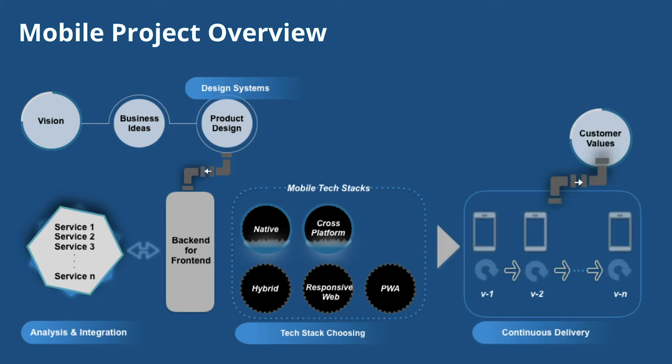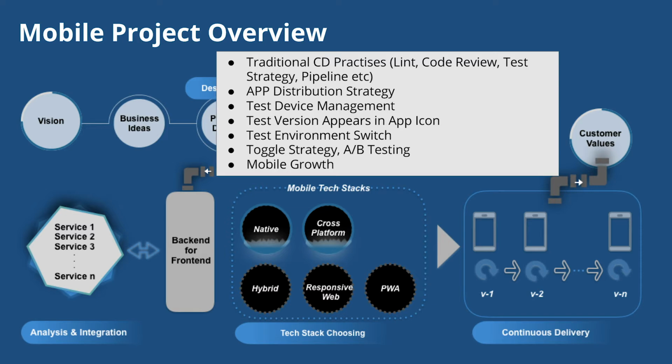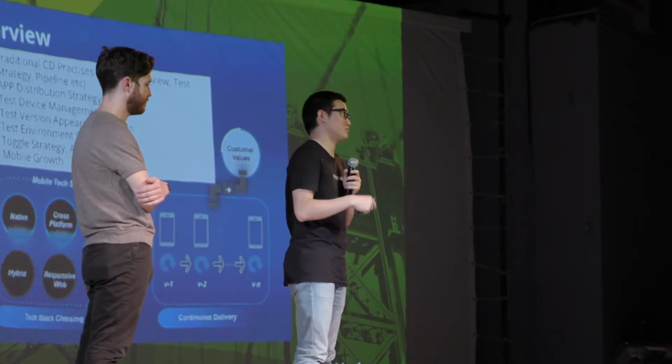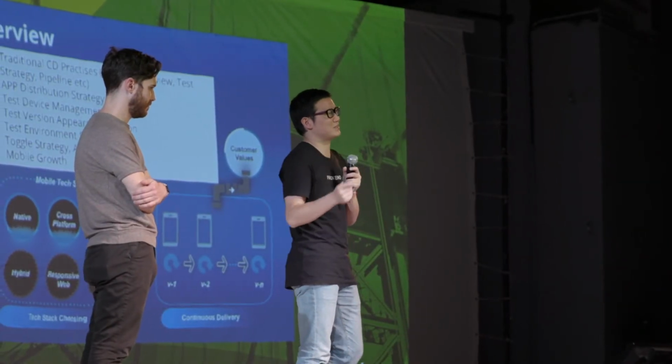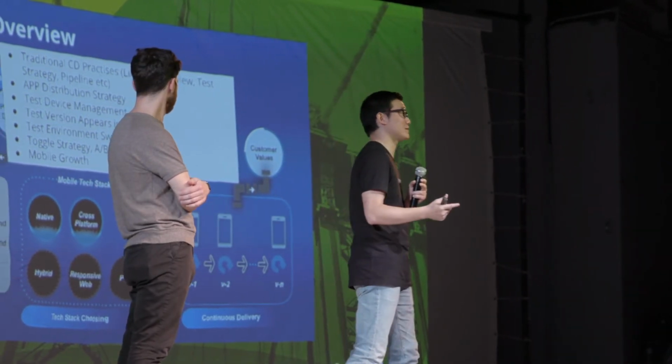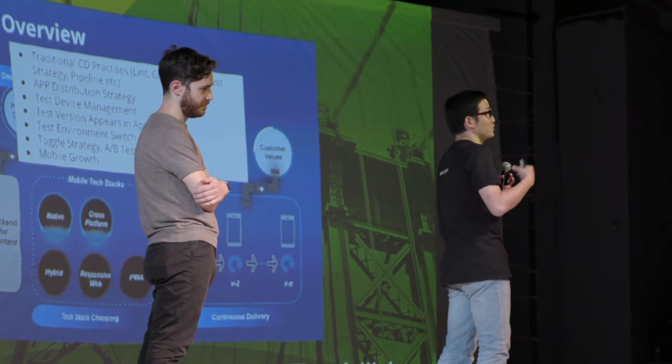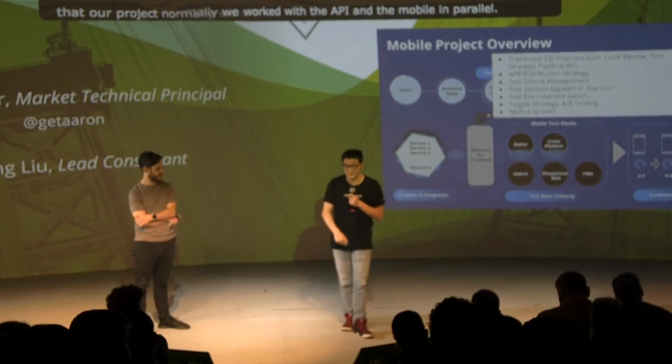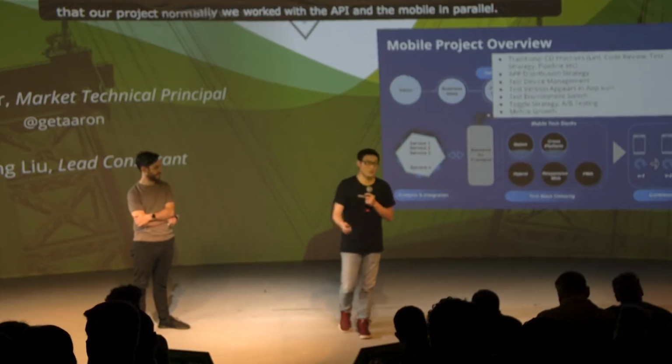So the next part is applying some engineering practices in your delivery pipeline. So except for the traditional CI/CD practices, in mobile there are some specific things that need to be handled. Generally, for mobile, the specific thing is that you need to deliver your code to real devices to test it. So mostly we can say that in a mobile delivery project, the code gets blocked a lot because